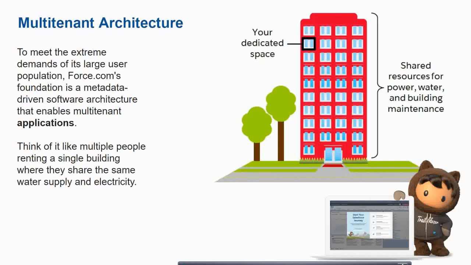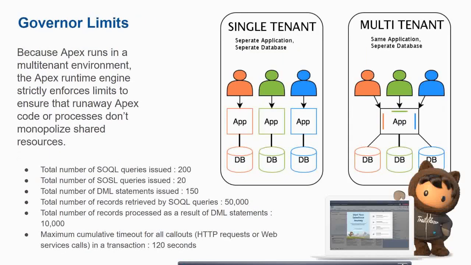users. Okay, so now think about it like this: the house owner has to manage that no one room uses most of the water while other rooms have a scanty supply of water. That doesn't make sense. So it's the duty of the house owner. Now in this case the house owner is Salesforce. So what Salesforce does is Salesforce has governor limits.